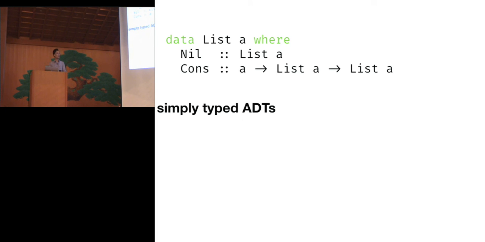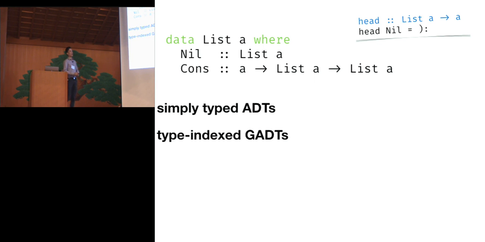But our friend list here has a problem. Right? So if we ask for the first element of a list, or the head of a list, that's empty, then we just get a runtime error. Our program fails at runtime, and there's nothing that our compiler did to try and warn us that this might happen. Instead, if we wanted more static guarantees that this wouldn't happen, we could move to a type-indexed representation,